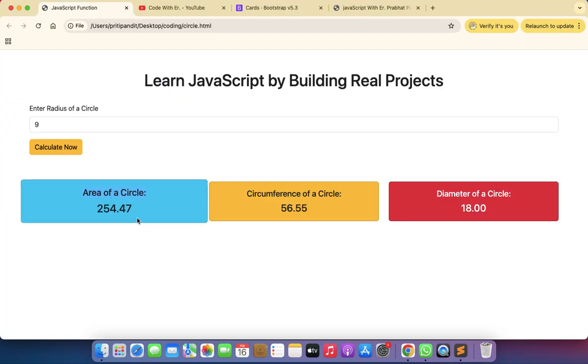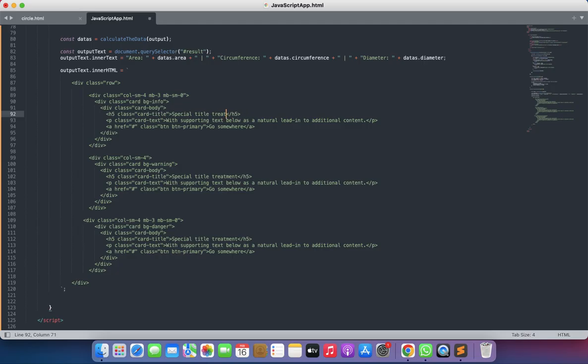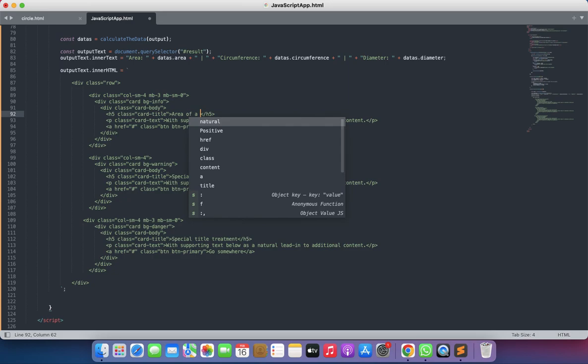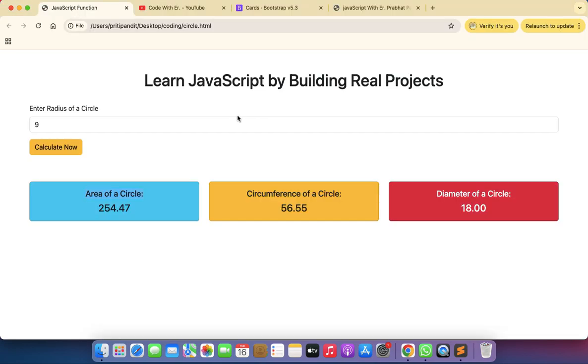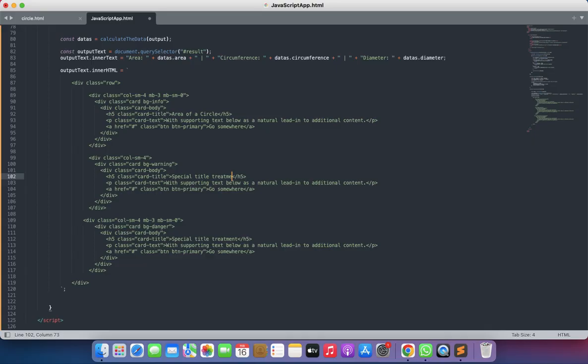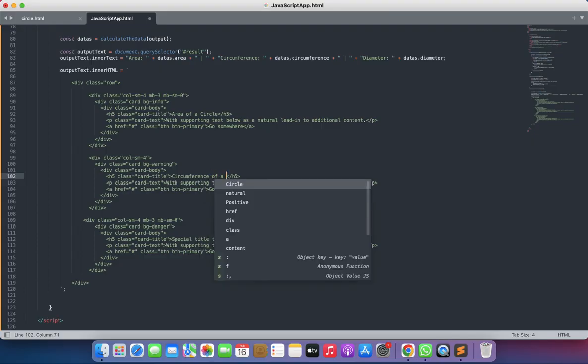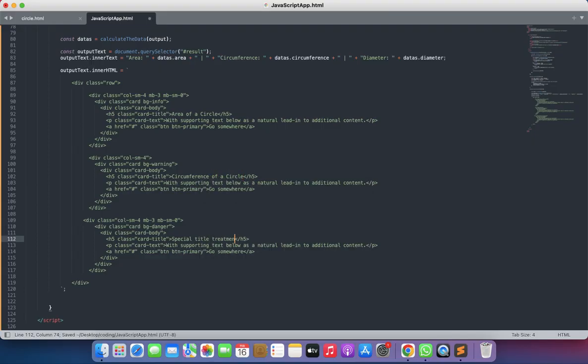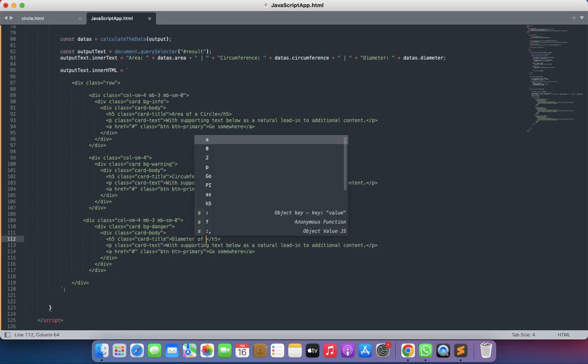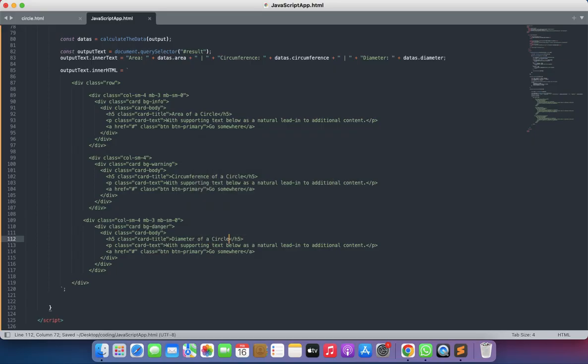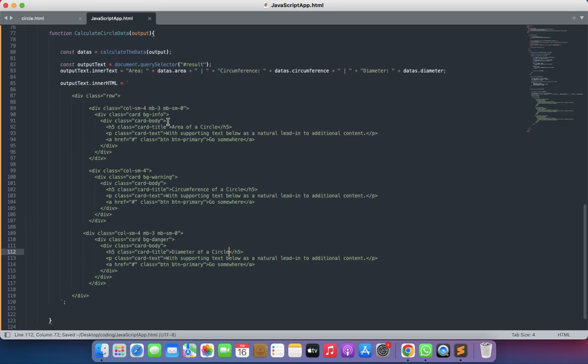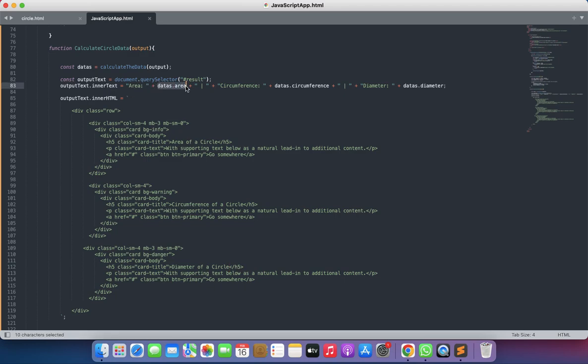So area of a circle, why not write it here. Area of a circle, and circumference of a circle. This is it, and this is the diameter of a circle. This is it, and now just to show this area, I'll just copy this from here,